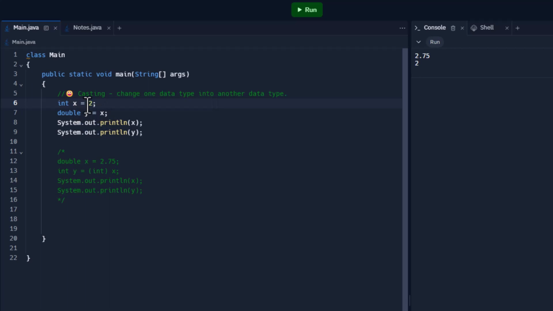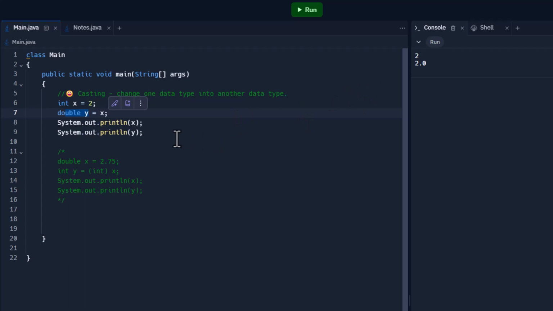So here we have an int that's 2, and we're going to convert it basically to a double. Now we have a problem, or we may have a problem, because this x, we're assigning the value of x to a double, and so Java may have a problem with that, but you're going to notice something right off the bat. Okay, and so we're going to run this,